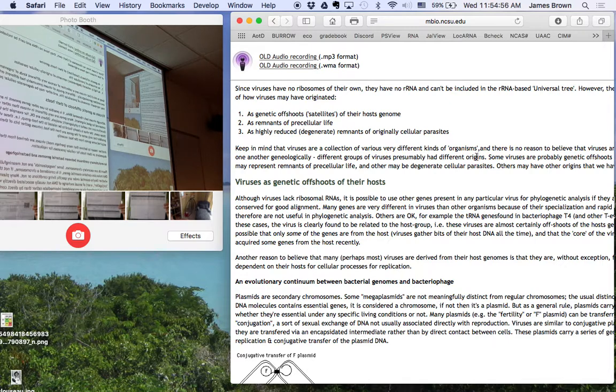Do you define life by having ribosomes? I think you wouldn't want to do that because then extraterrestrial life is almost impossible by definition. Right? If it doesn't have ribosomes, if it has a different basis for biology, I think you'd still want to consider it life. It depends on how big your imagination is.